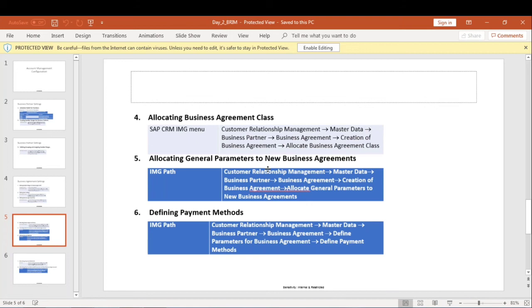If we buy anything from Amazon, then the product will be shipped to our address. So that field has to be there in the CRM system, the shipping address or delivery address.